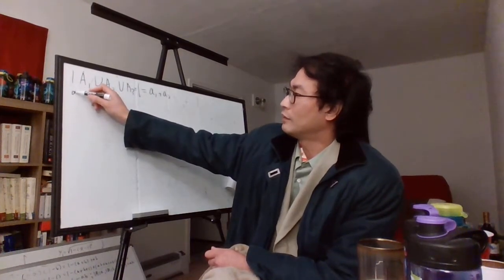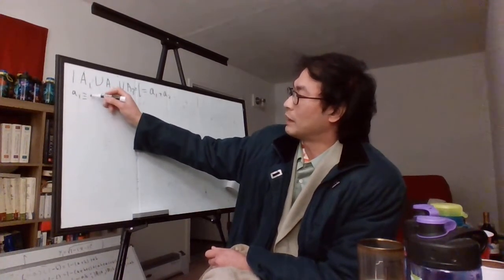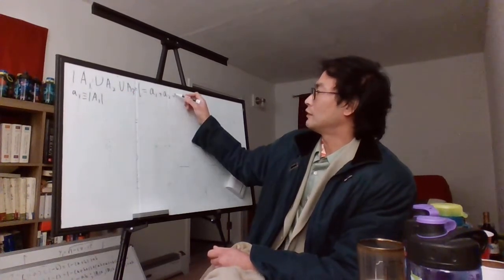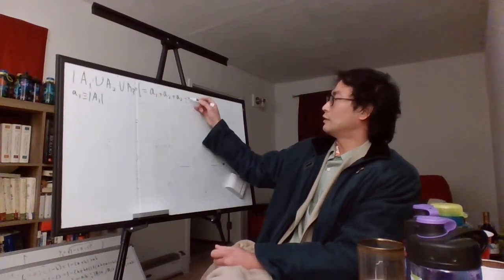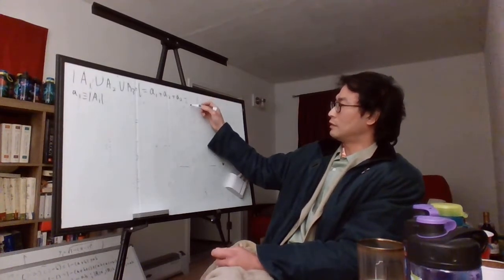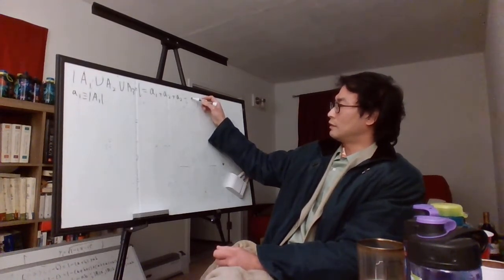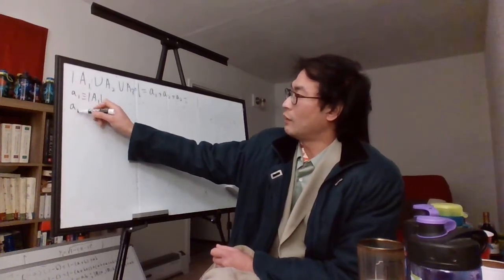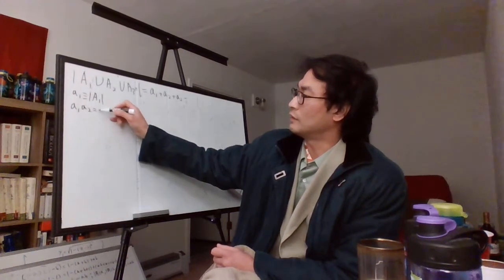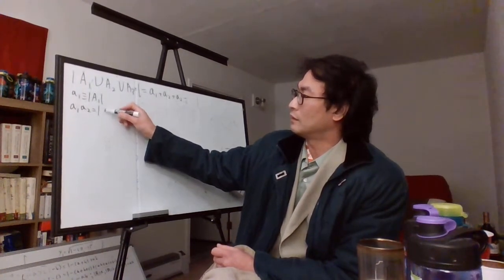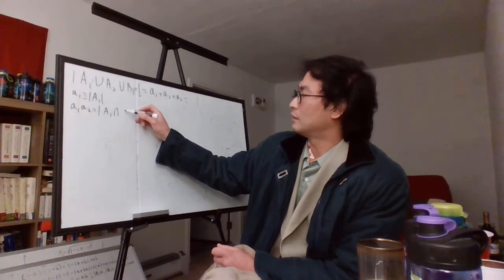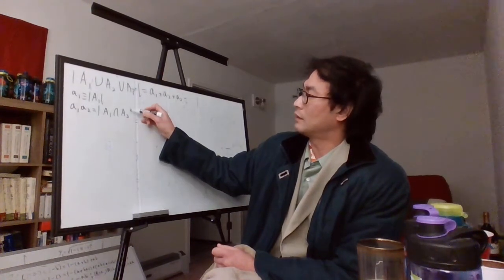A1, by definition, is the absolute value of A1. And then A1 A2, by definition, is like